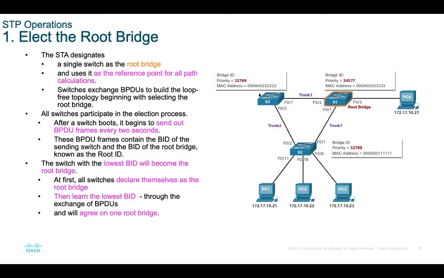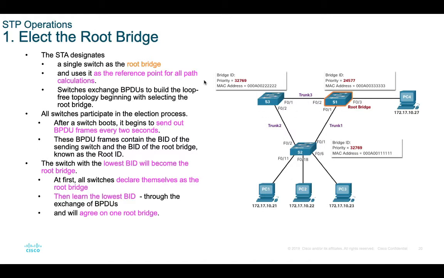And then from the root bridge, the BPDU also includes a message about their link. So if switch 1 has become the root bridge, it will send the BPDU to switch 3. So switch 3 will update the BPDU that it needs to send to the other port, to switch 2 here. So there is a route from me, but it must go through me via trunk 3, and if I send to you, it must go to trunk 2. Switch 2 also receives a BPDU from switch 1 through trunk 1 here. So switch 2 can decide which path it needs to use. Switch 3 can also decide which path it needs to use.